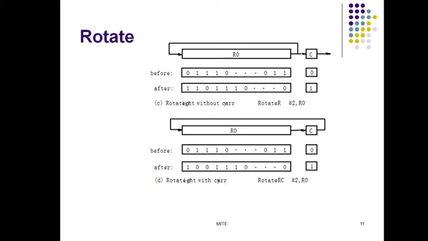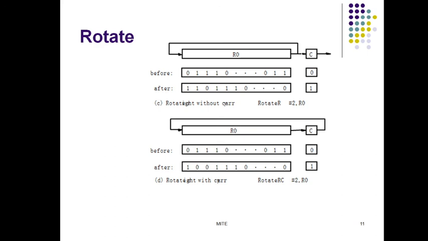Next is rotate right with carry. Let us take the same value. You can see here the arrow mark, the contents of the carry bit will be entered into the other end of R0. Before, it is 0 111 dash dash dash 011, and carry will be 0. When I shift right by 2 bits, this 1 will come here, 0 will be here, dash dash dash 0 111, and then we have 0, and then this 1 will be returned to the leftmost bit. So this is about rotate right by 2 bits.